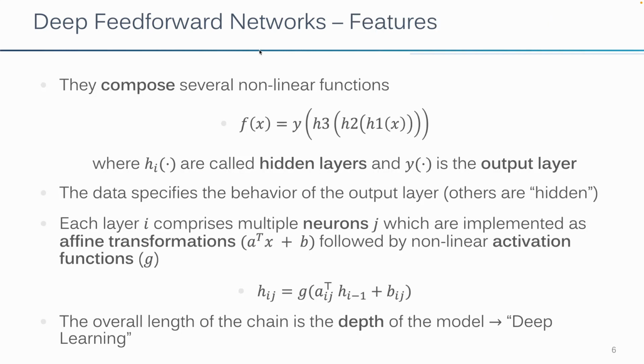So more formally, each of these neural networks can be seen as multiple layers of functions. And we've seen that there's an input layer. This is a specific one because it gets all the information from the beginning. And there's an output layer which gives us the answers. And everything in between we call the hidden layers. And we only specify the behavior of the last layer. We only want to know what happens at the end, and everything else is hidden, so we don't directly specify